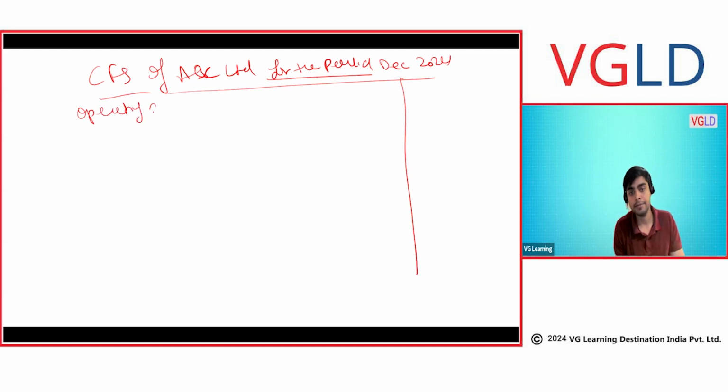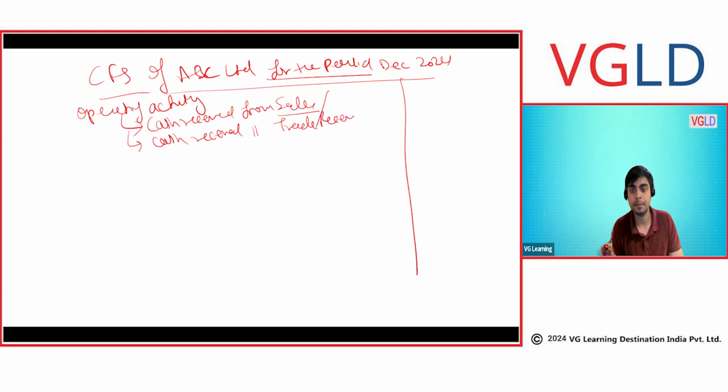Operating activity will have cash received basically from trading activity, let's say cash received from sales, cash received from trade receivable,